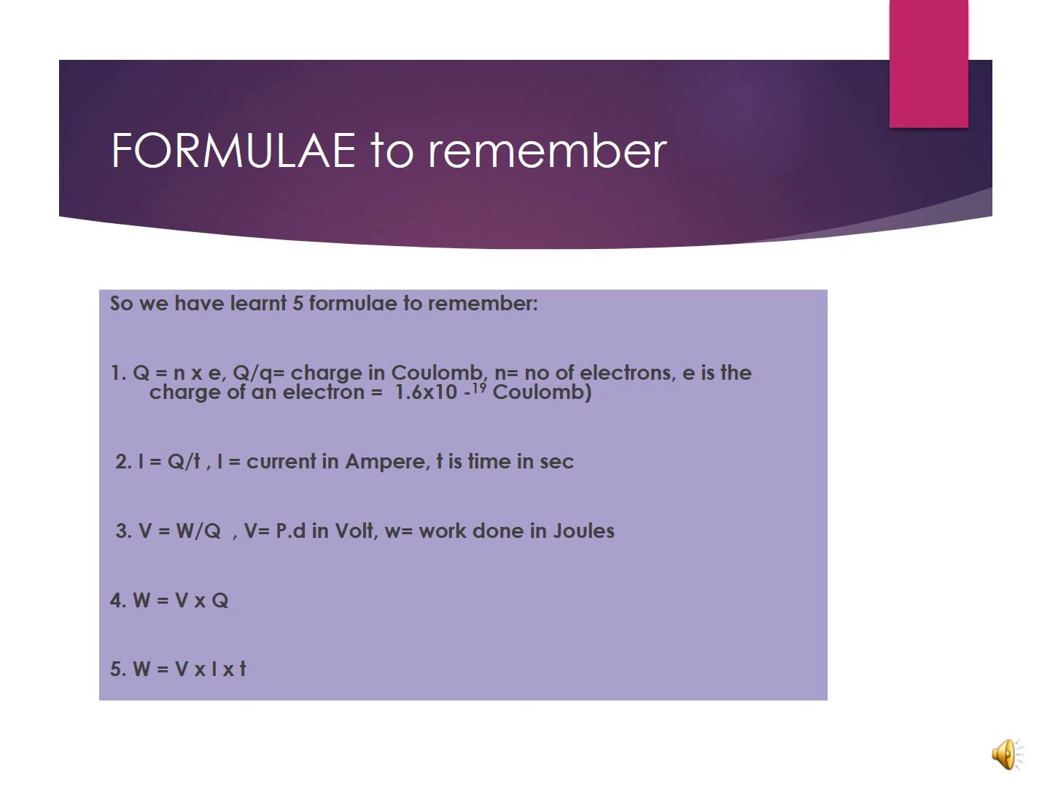Third formula, V is equal to W by Q, or W is equal to V into Q. V stands for potential difference in volt. W stands for work done in joules. Instead of Q, I can substitute the value of Q by I into T. So I get the fifth formula, W is equal to VIT. We will now